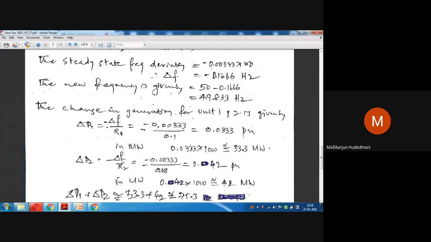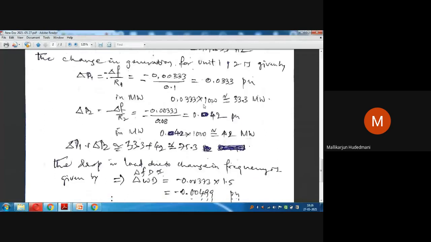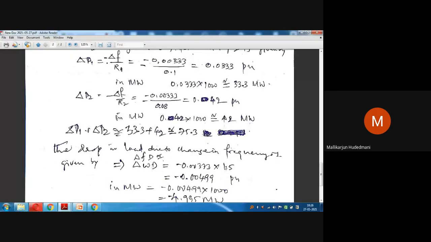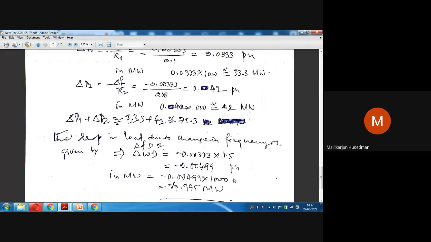Delta F is 0.00333. This is the delta F. Delta F into D. What was D given? 1.5. If I multiply this, this is called frequency sensitive load reflection. That is 0.00499, something, a short fraction in per unit. And in megawatt, if I multiply by 1000, I'll be getting